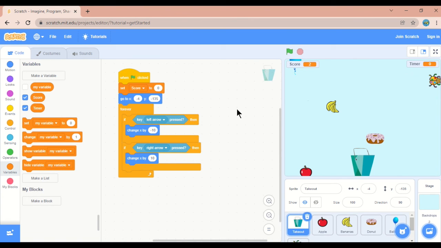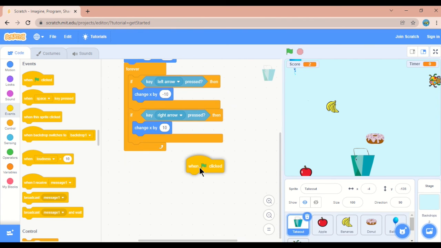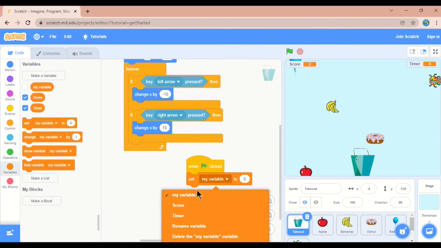So for that, these things should happen when you click this flag. Before that, make sure that you are going to do this in the takeout block. You are going to code for the takeout or the catcher block. When flag is clicked, first you need to set timer to 0.